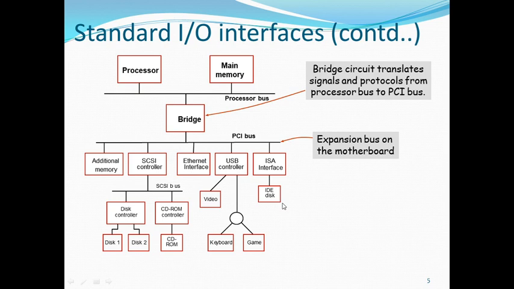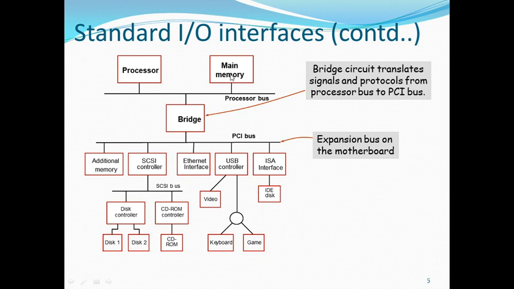So a given computer may use more than one bus standard. A typical Pentium computer has both a PCI bus and an ISA bus, thus providing the user with a wide range of devices to choose from, right? I hope this figure is clear. This figure just shows how the different bus standards are connected.